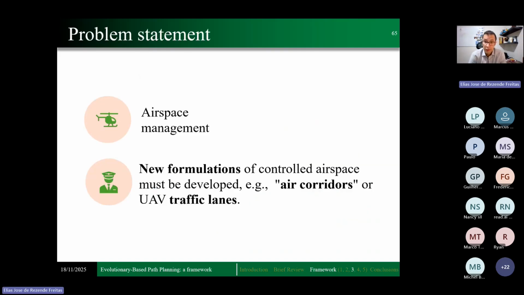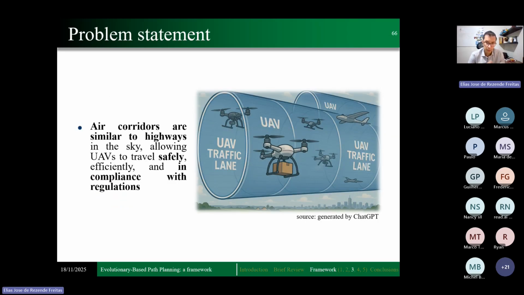Now, considering another problem related to altitude airspace management, to address this challenge, a new formulation of controlled airspace must be developed, such as the introduction of designated air corridors or UAV traffic lanes. These corridors are similar to highways, but in the sky, like a tube allowing UAVs to travel safely, efficiently, and